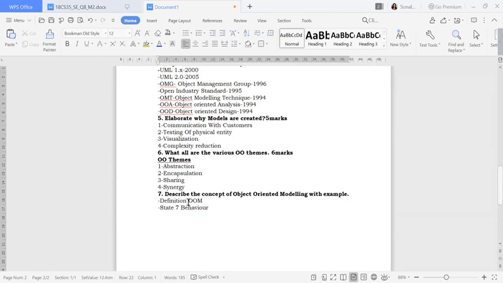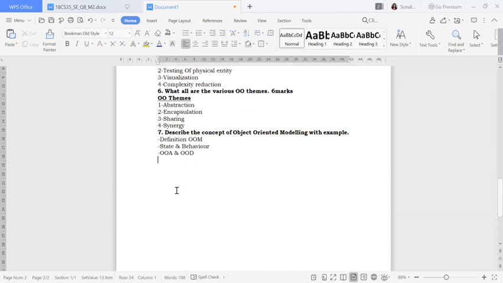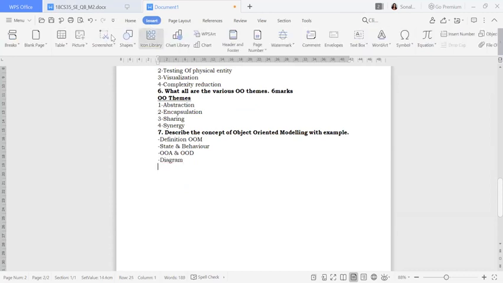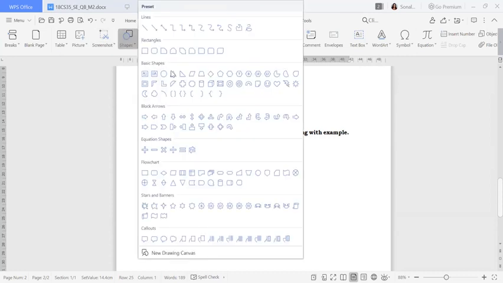If you want to write about that, you have to go for two more things: one is OOA, object-oriented analysis, and the other is OOD, object-oriented design. Then after that you have to draw one diagram over here. You can follow the book also. I will draw this diagram here quickly.